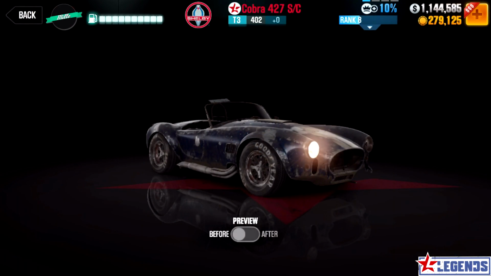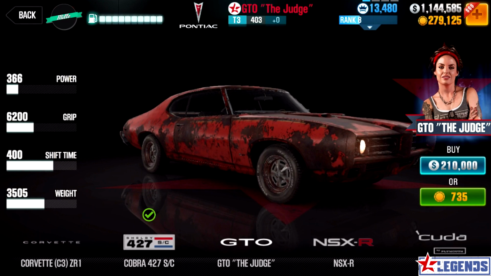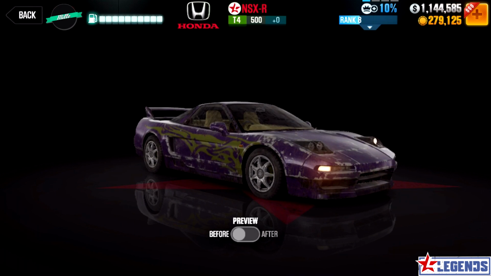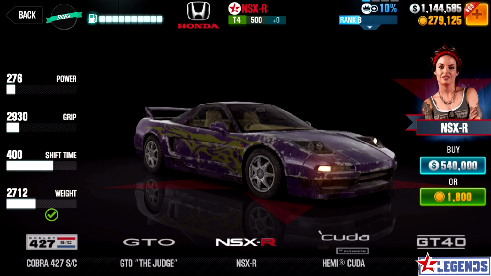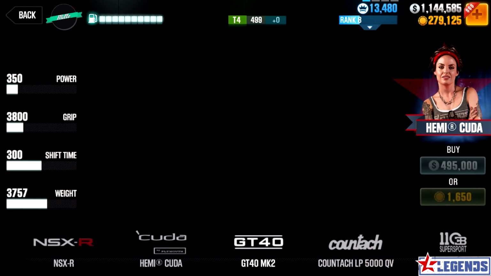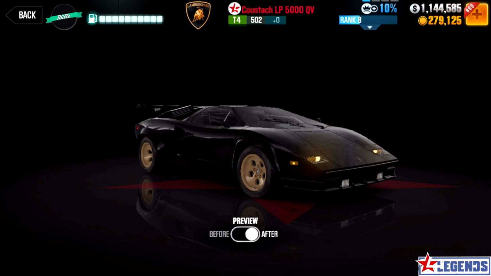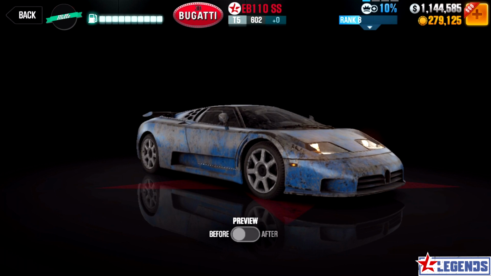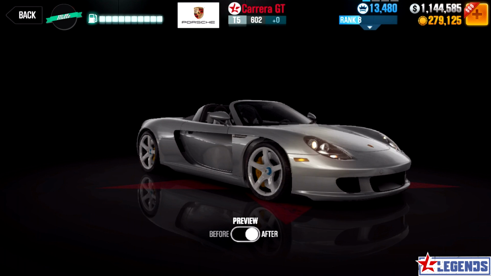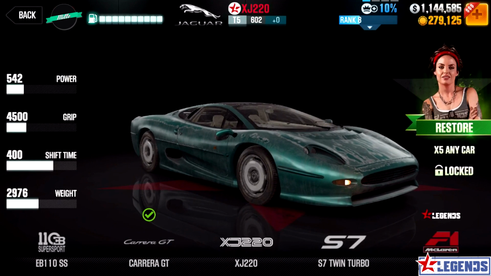The available cars to restore are the Shelby Cobra 427 SC, the Pontiac GTO the Judge, Honda NSX-R, not the Nissan like I said last video, Plymouth Hemi Cuda, the still covered up Ford GT Mark II, later more info on that, Lamborghini Countach LP 5000 Quattro Valvole, Bugatti EB110 SS, Porsche Carrera GT, Jaguar XJ220, Saleen S7 Twin Turbo,